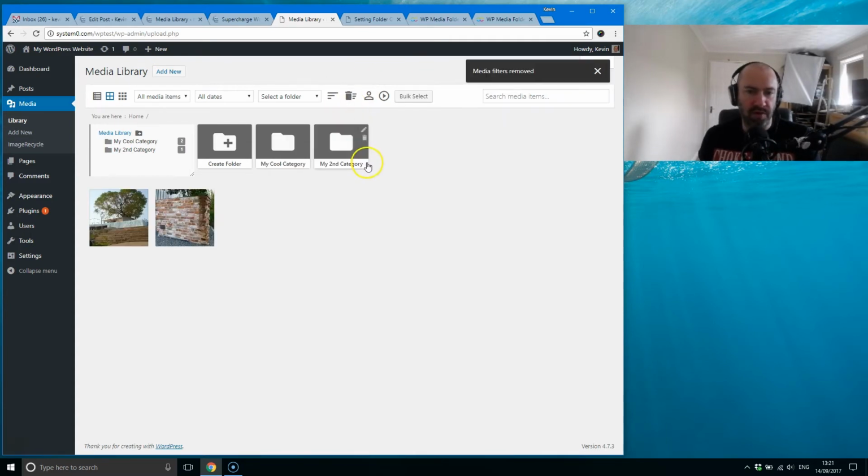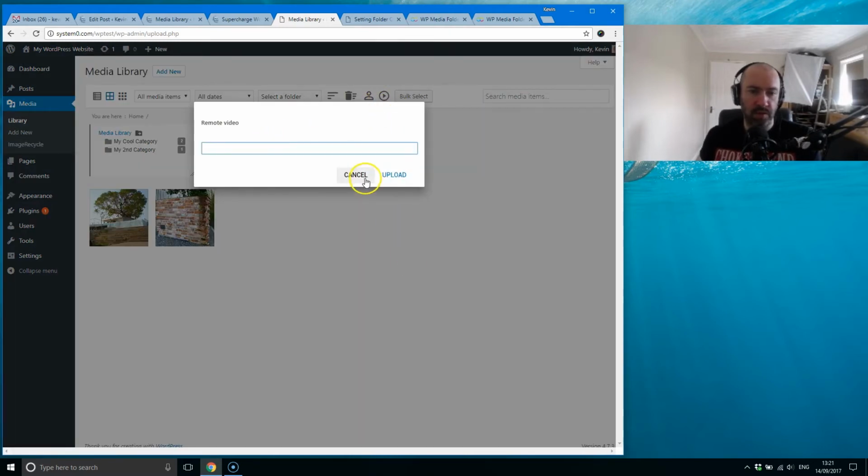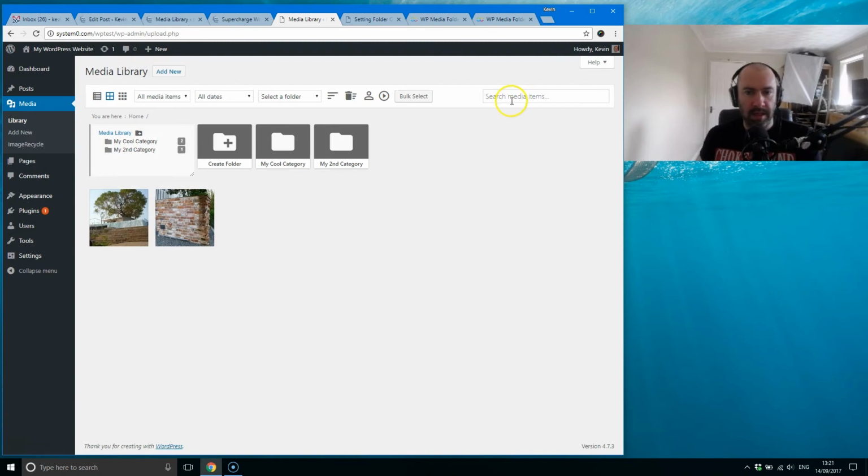You can remove all your filters. You can display only my own media, so if you're in a multi-user website, it would only show the images and the media that you've uploaded. And you can actually upload YouTube videos from here as well. That's quite cool. And you can search. And here you can just see the breadcrumbs. This will be useful for